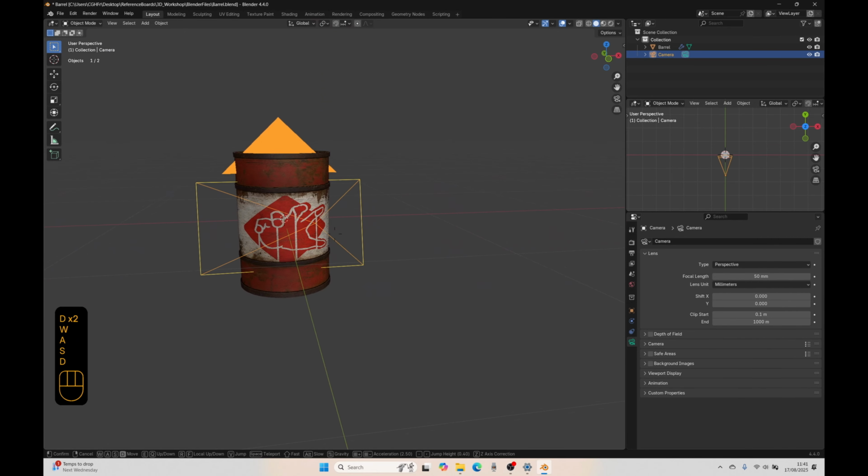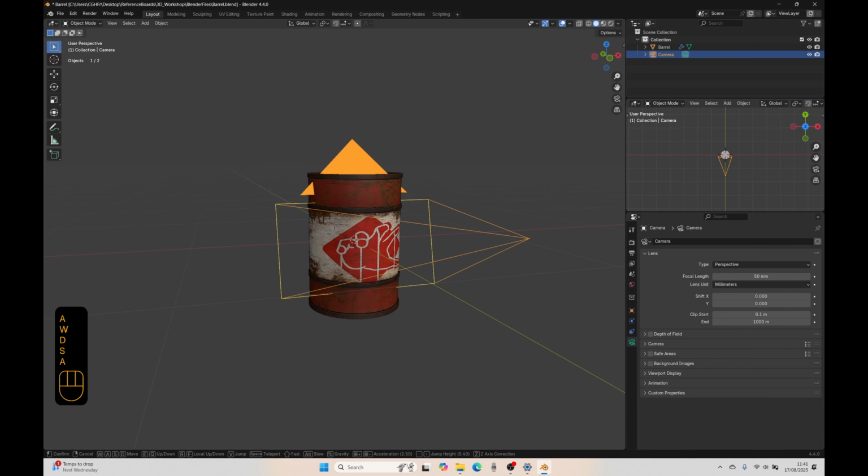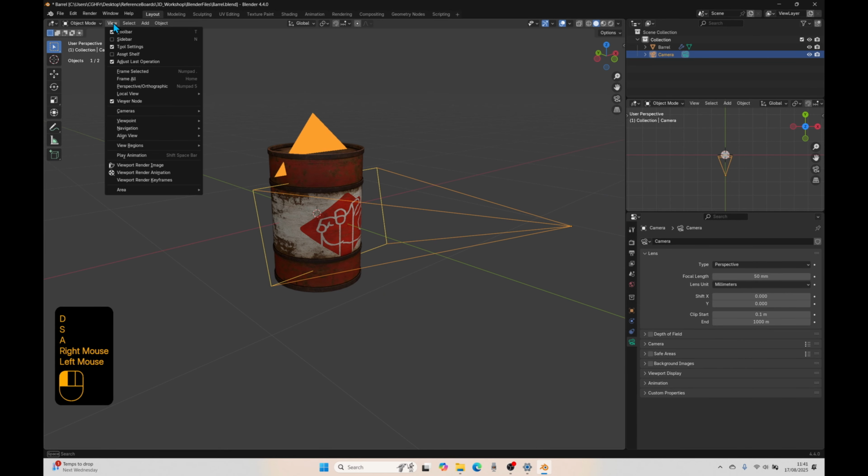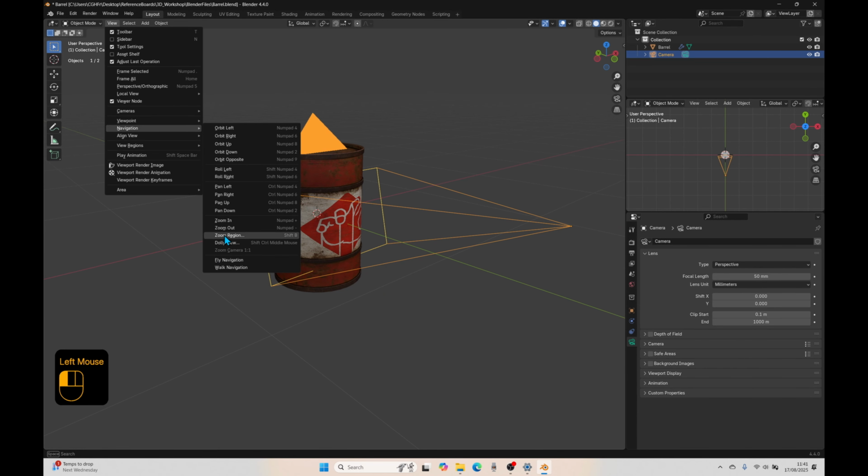And you can do this whilst in camera view mode. So just to show you again, that was view, navigation, and fly or walk. So have a play with these and see which one you prefer. And then once you've decided which one's your favorite, come back into the menu and on your chosen navigation, right